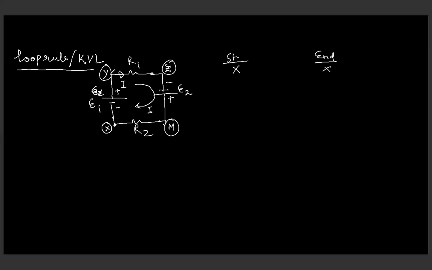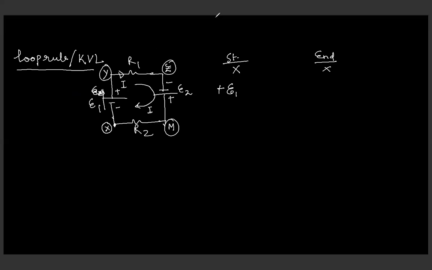Okay, let's move from X and we will come back to X. In the branch of X to Y, we are encountering a battery and we are traversing the battery from negative to positive end. So we are going to write it as plus E1. There is no way of dividing the current, so the same current will pass through. We don't know who is supplying this current, right? It is actually a combined effect of both the batteries.